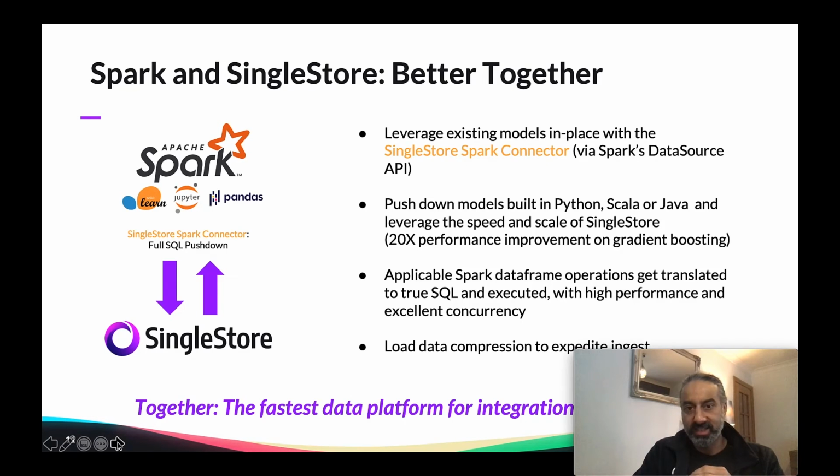This is leveraging existing models already put in place with a Spark connector, and we'll show how easy that is. Apache Spark can push down models built in Python, Scala, Java, and leverage the speed, the execution capability, the new architecture that SingleStore's put in place on the database side.